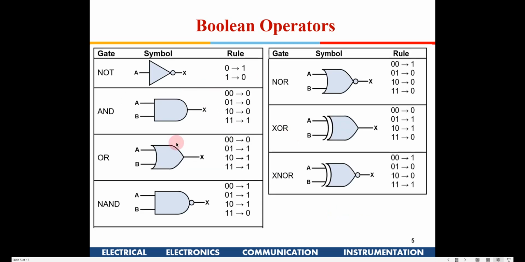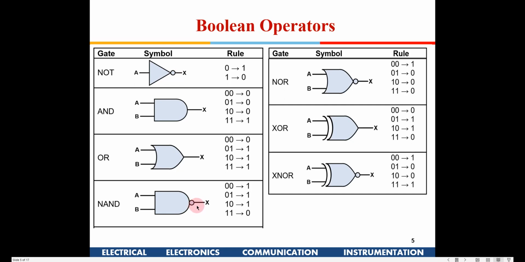Now a few more basic gates have been added here. This is known as a NAND, and NAND means not AND, that is, inverted. If you see here, a bubble has been placed here. This is an AND gate and a bubble has been placed at its output. Bubble means a small circle. Generally in circuits, a bubble means inversion. So it is not necessary that in front of AND you put a whole inverter; even if you put this small bubble, it means it is an inverter.